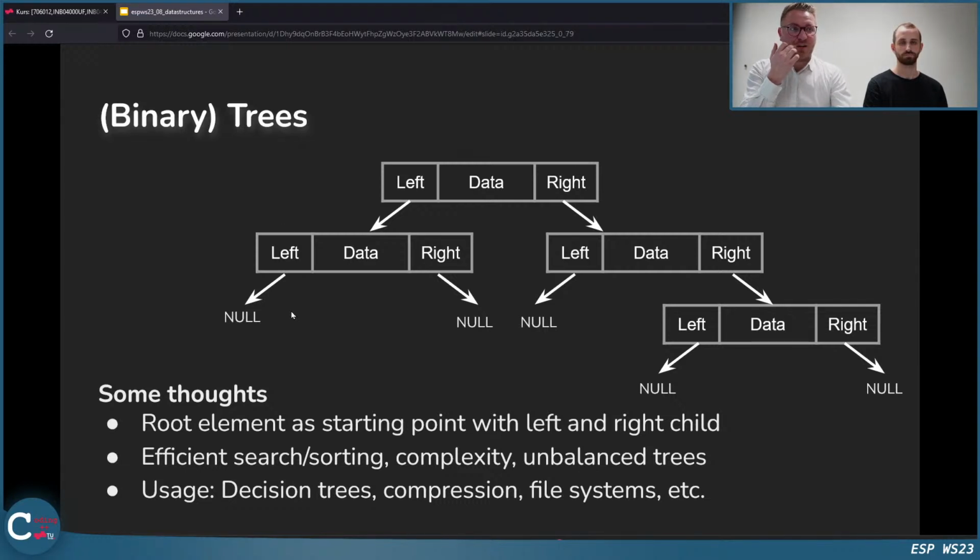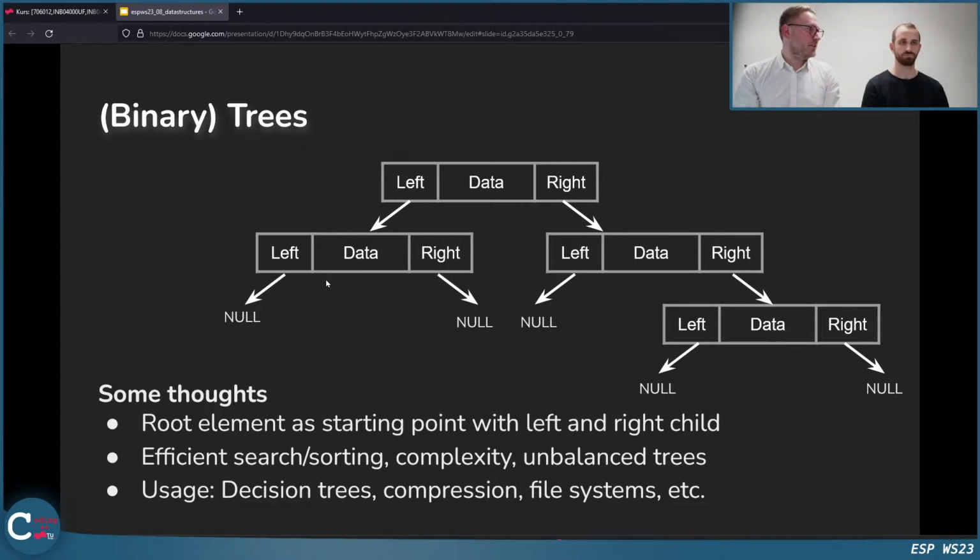A binary tree ideally could also be sorted. For example, you start here with the letter M. If we want to search something, you have here everything that comes before M, here everything after M, and then you know, okay, this is everything that starts from N, this is everything before that.